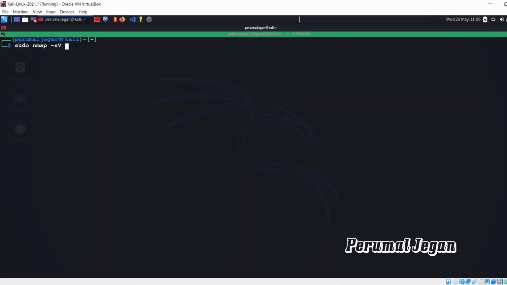Here I am going to give my target server. I know I'm running a web server on this IP 10.115, hence I'm probing this simply. Perfect. Now the scan has initiated. Let's wait for the output.